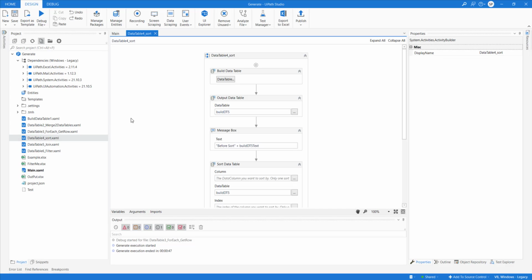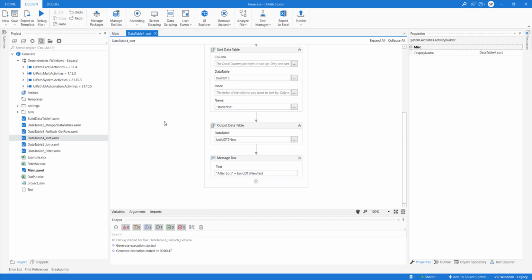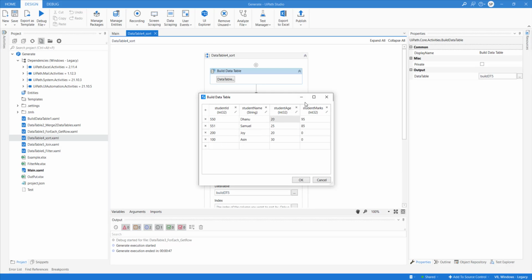So that's pretty easy. Now let's move to the next example, which is sorting. All right. Here we'll sort the data. We have the same data table again, but if you look at the student IDs, they are not in increasing or decreasing order on the basis of student ID. They are random.